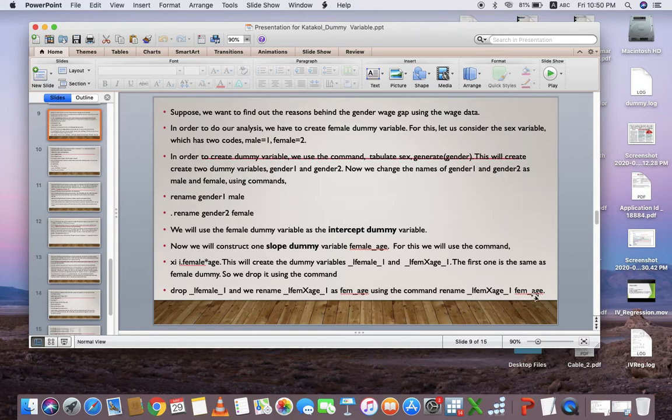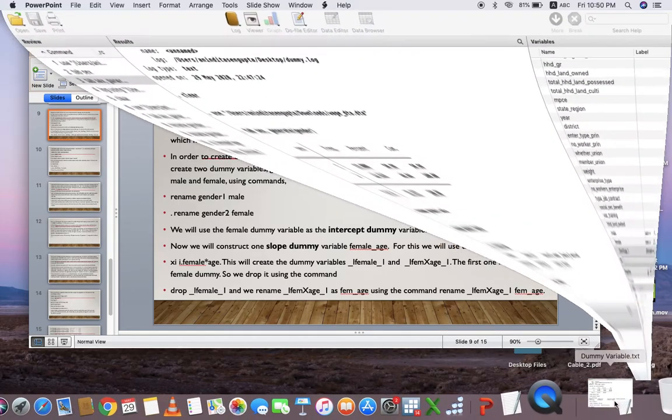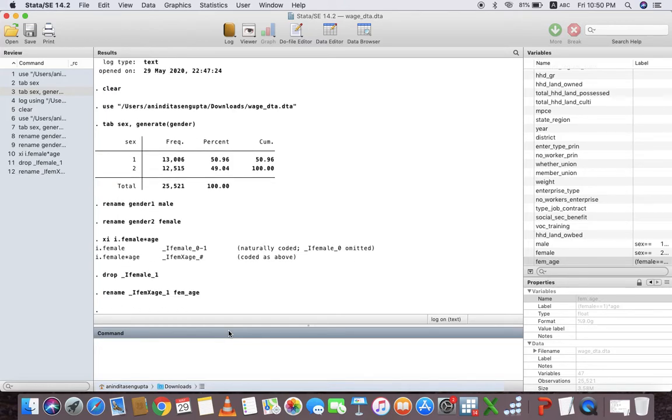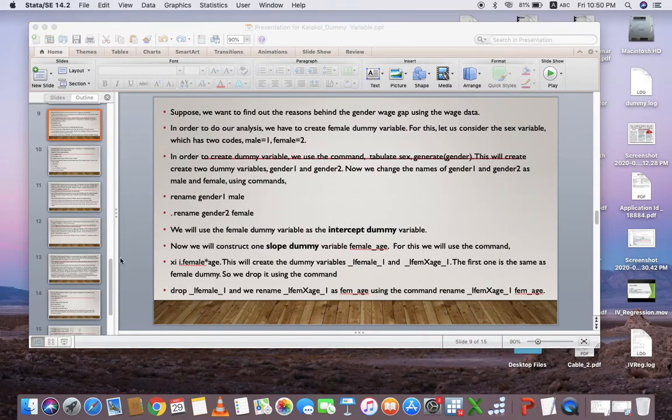FEM underscore age. So, we have created female into age, that is one slope dummy variable has been created. Now, we have to